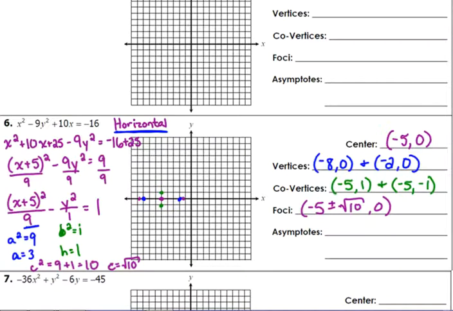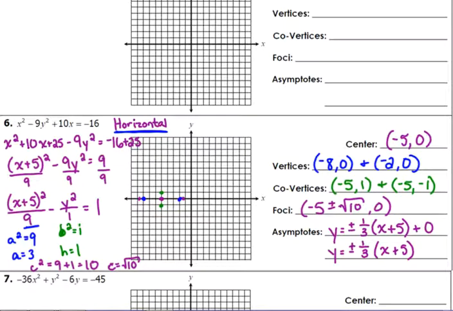All right, our asymptotes. Our asymptotes are y equals plus or minus b over a, so 1 over 3, times x minus the x coordinate of our center, plus the y coordinate of our center, which is 0, which doesn't do anything. So this is plus or minus 1/3 times x plus 5. I'm going to leave it that way,